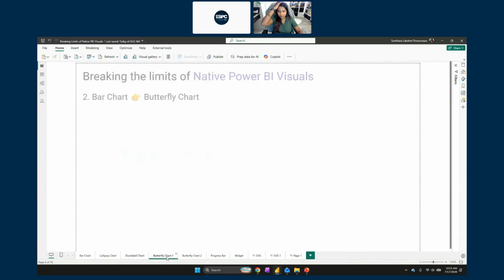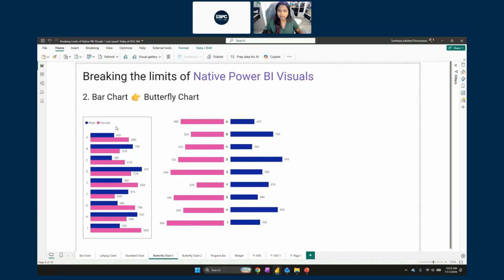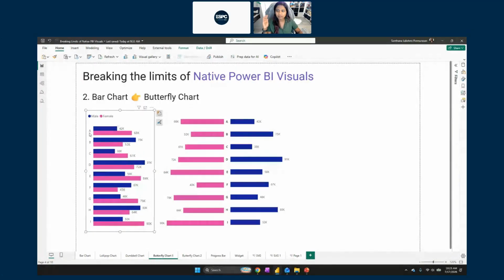And next, we're going to talk about a butterfly chart. What is a butterfly chart? We're going to pick the same cluster chart where I have my products, my sales, my male and female sales, and we're going to convert it into a butterfly chart. Obviously, butterfly because it looks like a butterfly. What is the benefit of this? For people, one, for accessibility reasons as well. For me, I have a little bit of ADHD and anxiety. So when I see two bars so close to each other and too many things going on, I really start getting overwhelmed. But when I see something like this, which is much cleaner, much clearer, easy for me to compare, I feel happy, right? The end user is going to thank you.